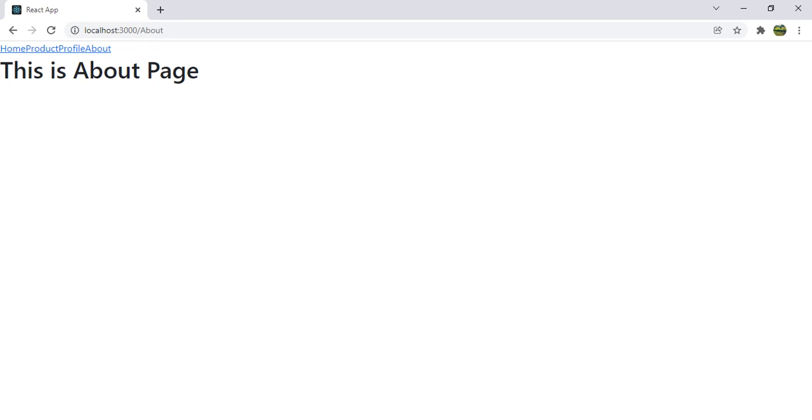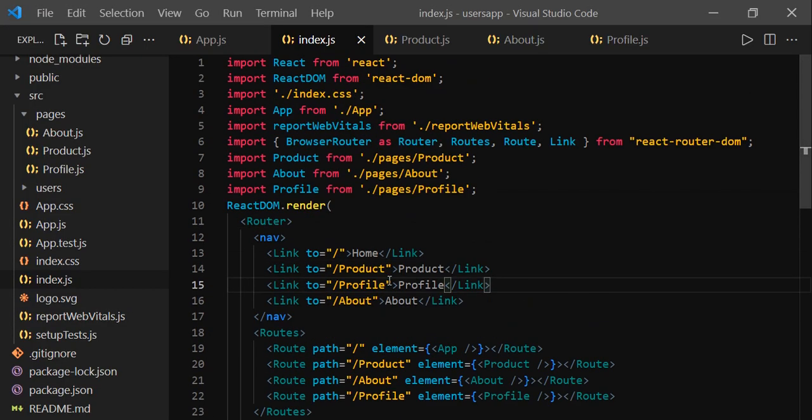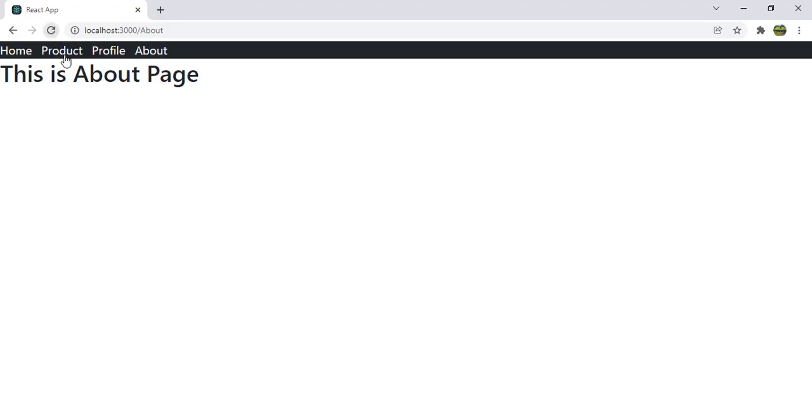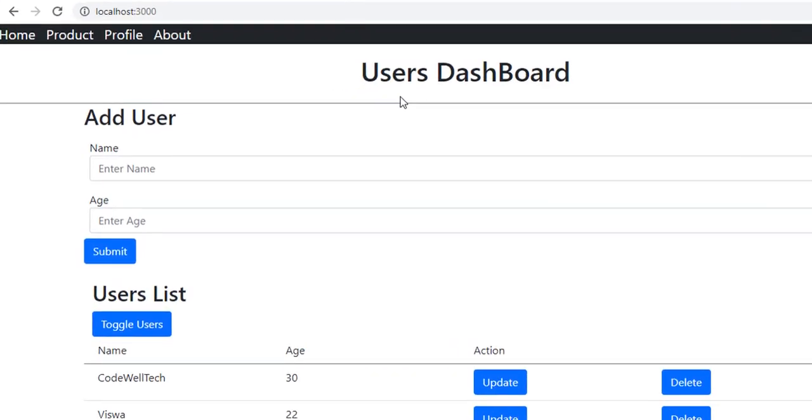So let's add some styling. We are already using Bootstrap here, so it is easy to add. So let's go and see. There you go. Now we got the background. For the link also, I just add the class name navbar-brand. So just take this and use it for each link. Go and refresh. There you go. So now we have some styling for the navbar.